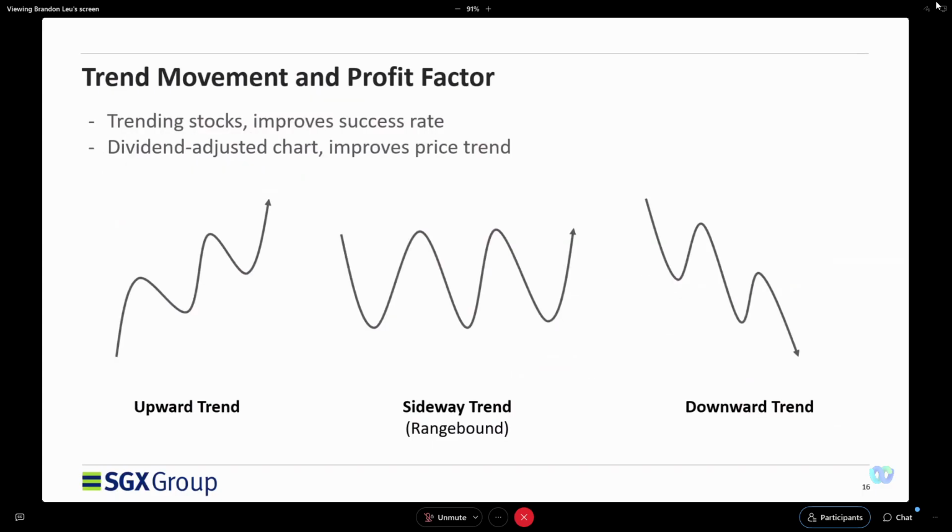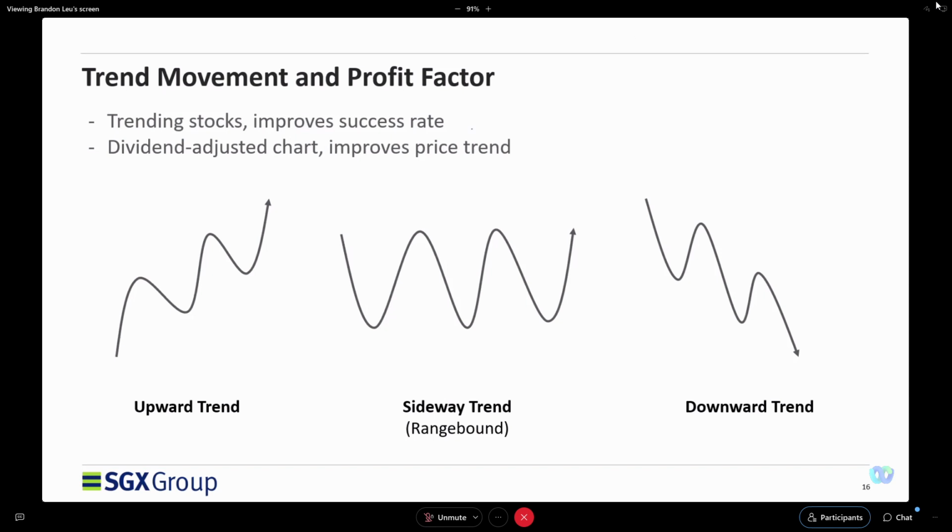Something I'd like to share before I move on regarding the trend, this is something advanced. If you can understand, great, it's perfect. In case you can't comprehend too deeply what I've shared, do a print screen and slowly digest, or do look for me, come to my UOB office, give me a call, or you can go to my website or drop me an email.